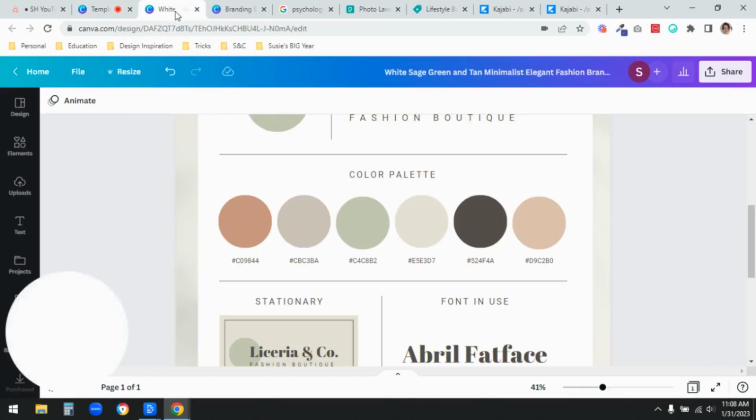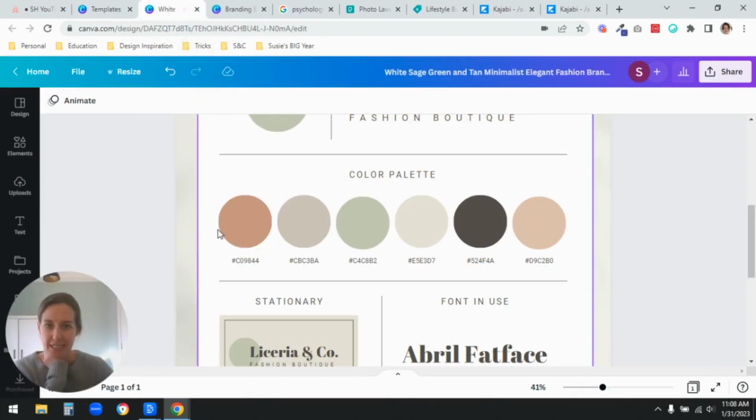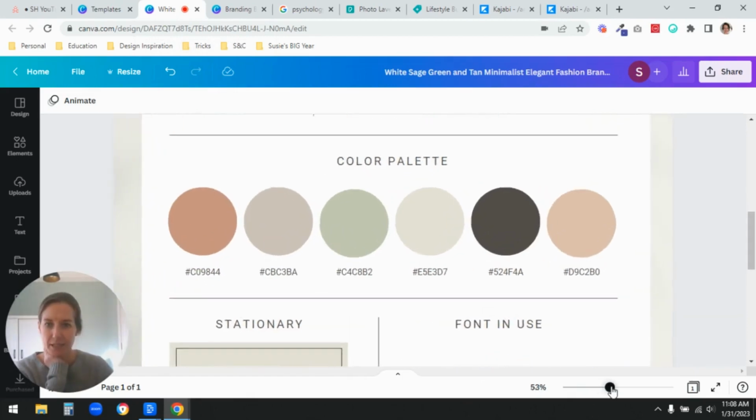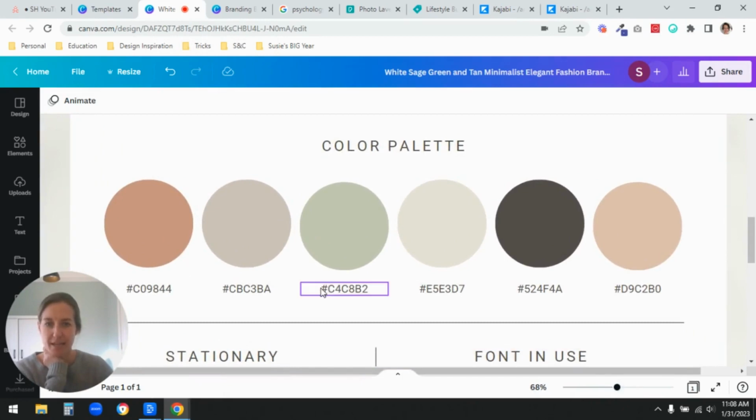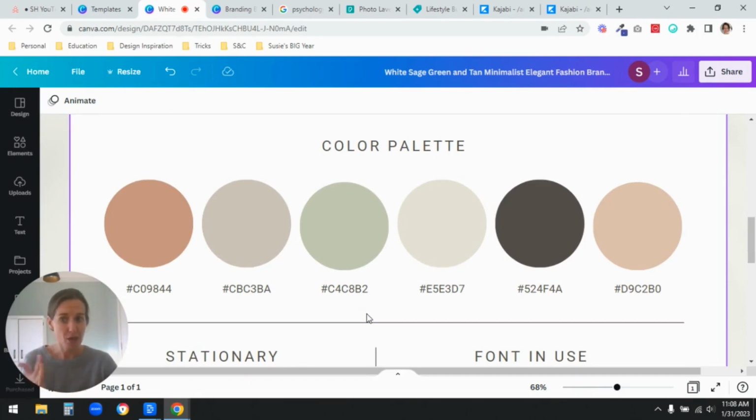So I pulled this one up, and this is the color palette, these 6 colors. And you'll see here right below, I can zoom in a little bit. Each one of these has a code, a six character code. So what this means is that you can precisely identify your colors, whether you're using Canva or Photoshop or Kajabi or whatever you're using, or if somebody else is designing for you,